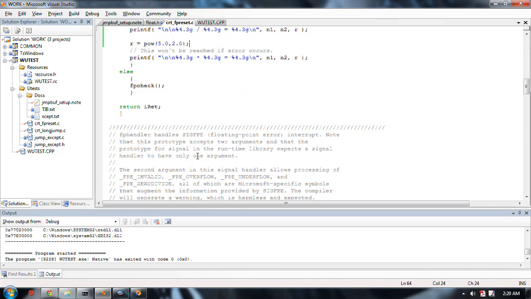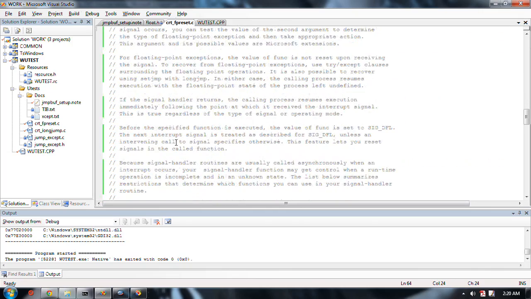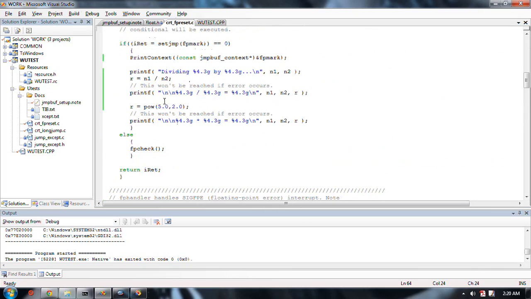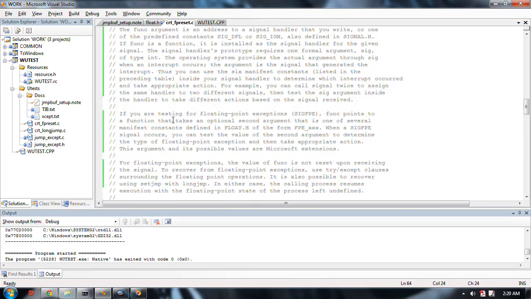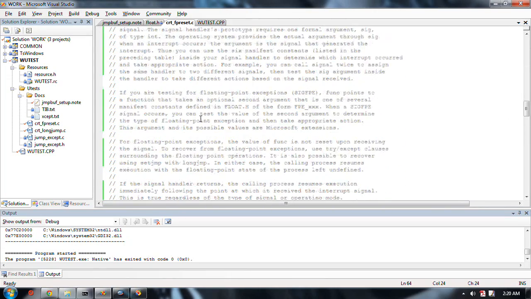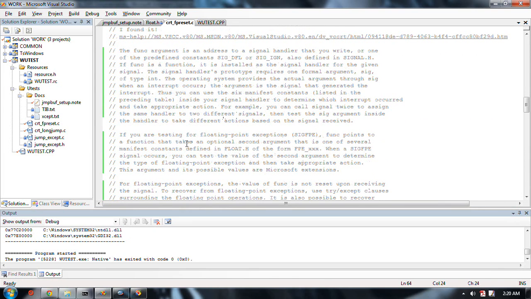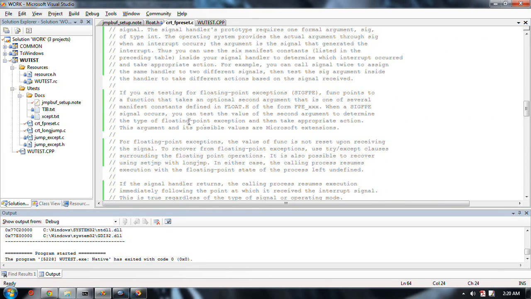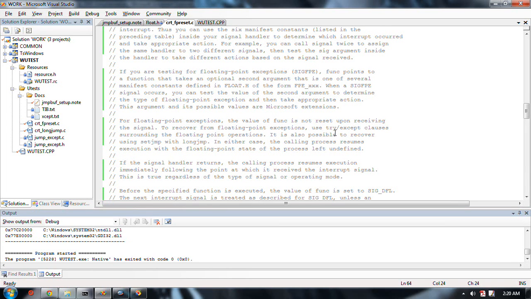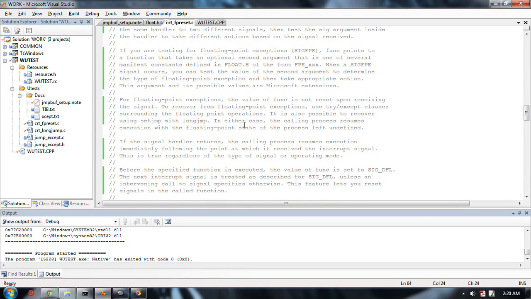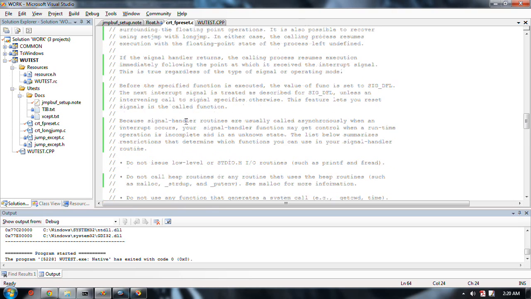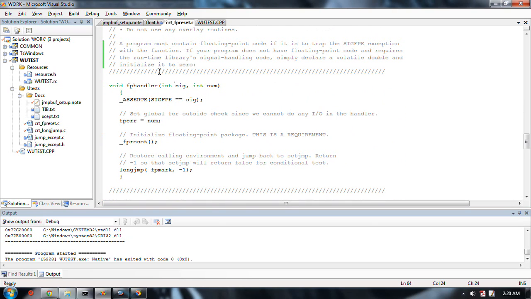So now the only thing I wanted to point out about this, it's using setjmp and longjmp, according to the help anyway. There are 2 ways to handle floating point exceptions. One is this way, another is to use try except. If you use this method,